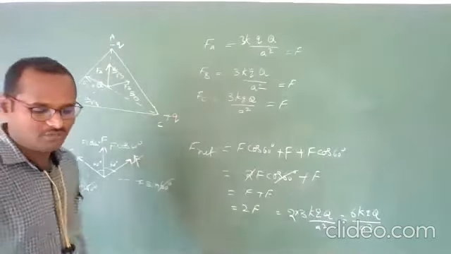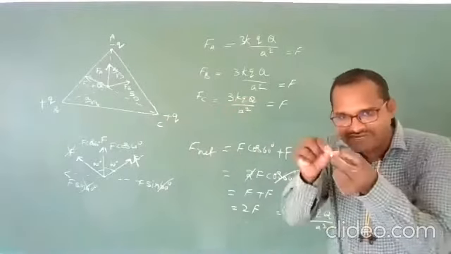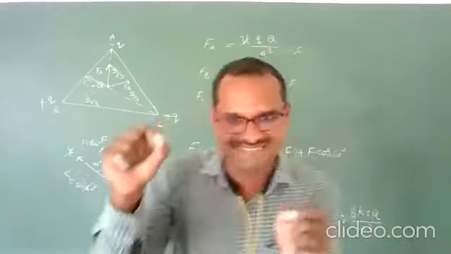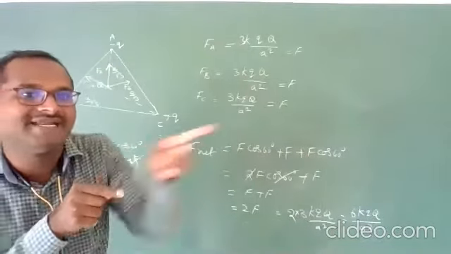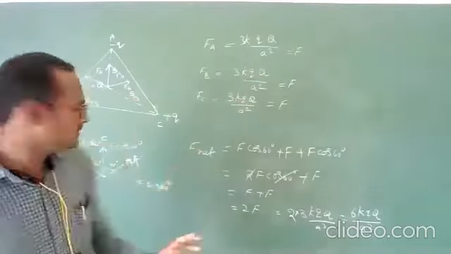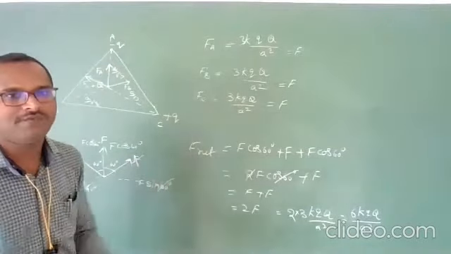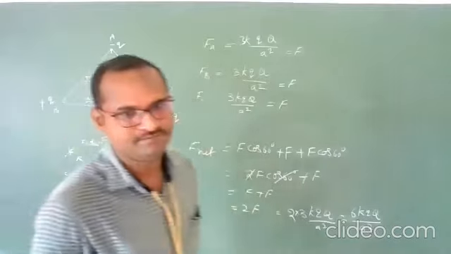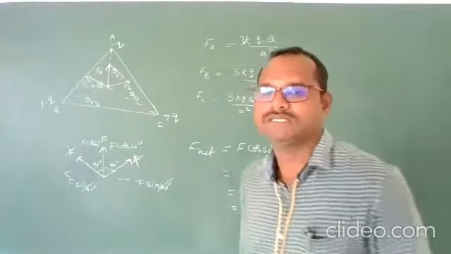This is how we need to solve. The only thing is, you need to find what the two charges present are and what the distance between them is. You need to calculate the distance exactly, and along with that value, you need to see the direction also. Once you get this, thereafter everything is your first PUC vector addition. How to add vectors, you know everything. Clear? I hope you understand this very clearly.